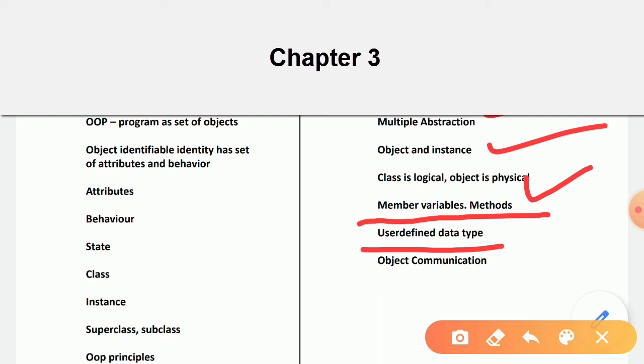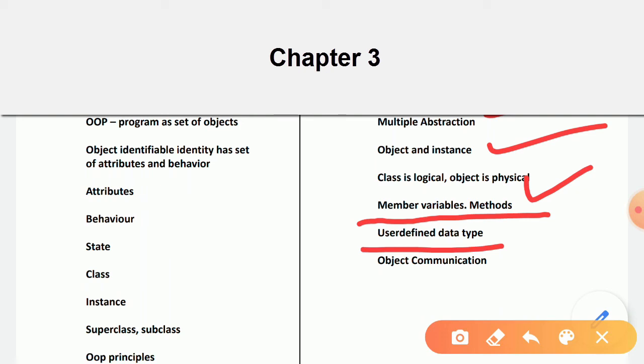Whereas take the case of, let's say, student. What kind of data is associated with student? Student name, student's age, address, parents name. So there are so many data associated with a student object. Now you cannot use any single primitive data type to store all these values, isn't it?